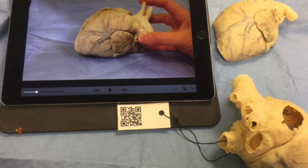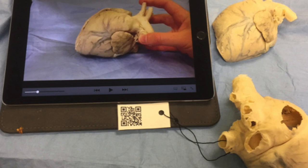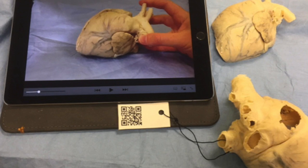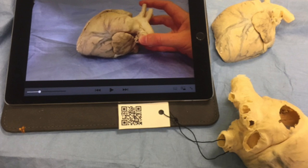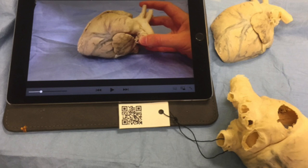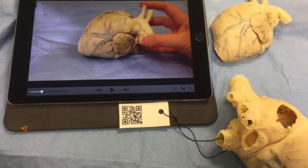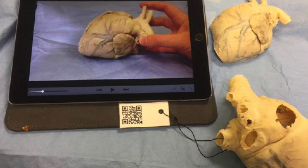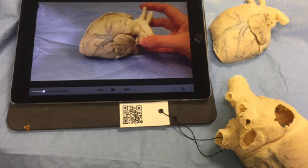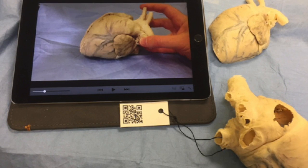And for her lab classes, she would often have only one model of a part of an animal. This is a model of a dog's heart. The models are quite expensive to make. They're plastinated models. And so she decided to make videos of each of these models with an explanation of the various parts of the model, parts of the organ,